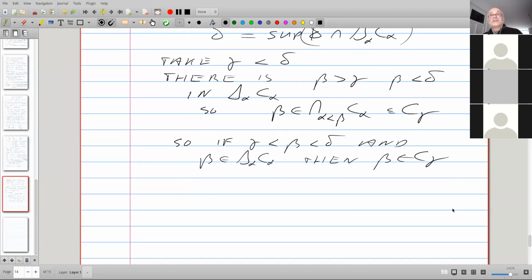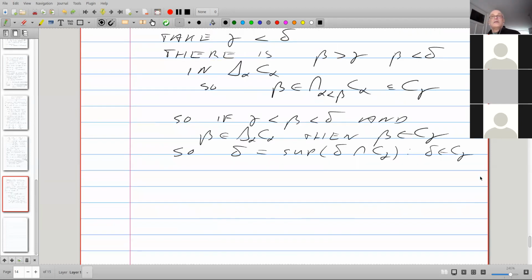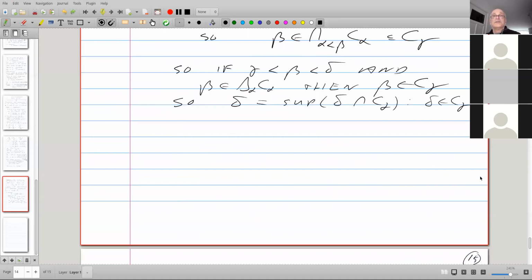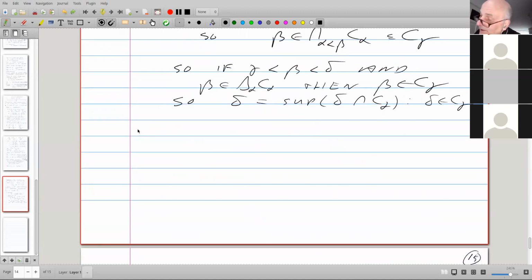So if beta sits between gamma and delta and beta is in the diagonal intersection, then beta is in C gamma. It implies that delta is in C gamma. And gamma was arbitrary, so delta is in the diagonal intersection. Unbounded,